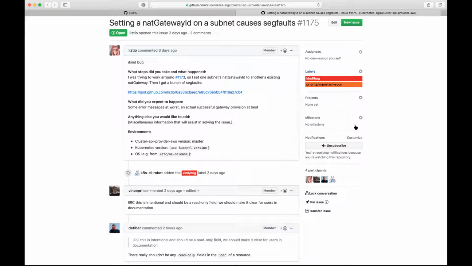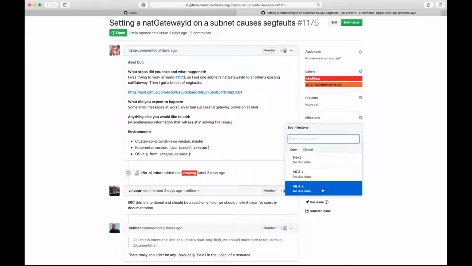And we can put it into 0.4.x, and if we get around to fixing it, great. If it slips to 0.5 or whatever we do for v1alpha3, I think that's fine too. I think if that's the case, we should probably make it important long term. If we don't care if it makes it into the release, then to me that's important long term.